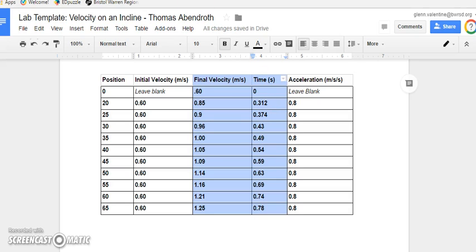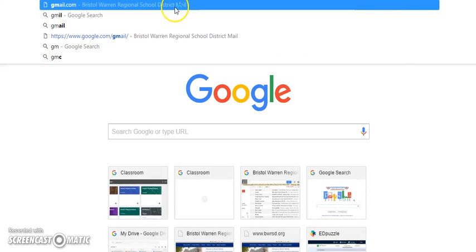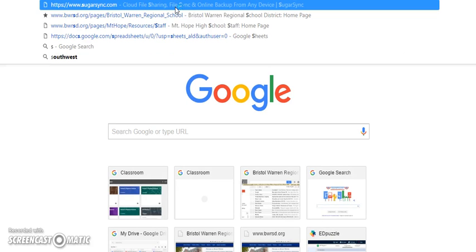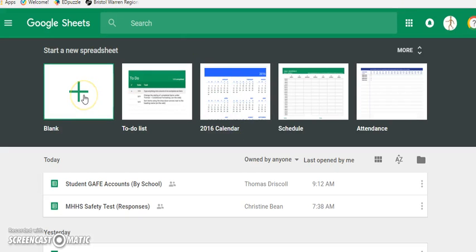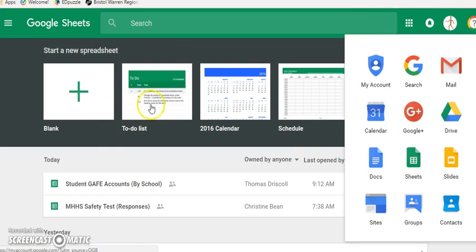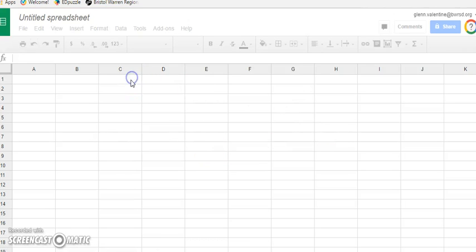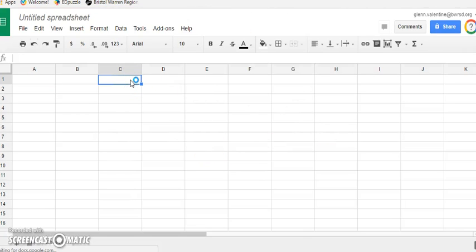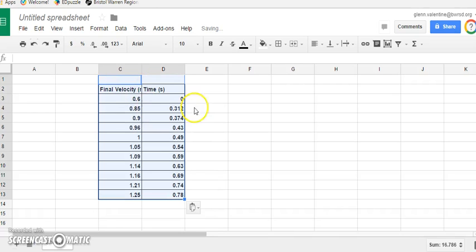I'm going to copy that, and then I want to go to Google Sheets, and I want to add a spreadsheet. So I can add blank, and if you can't find that, if you just go to the top here, there'll be an icon for Sheets. So I want to create a blank sheet here, and then I can just paste this anywhere. So I'll just right click and paste, and so now I'll have my table there, which is what I want,